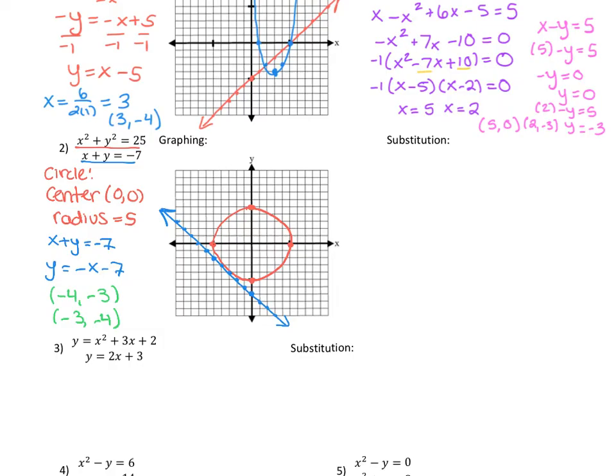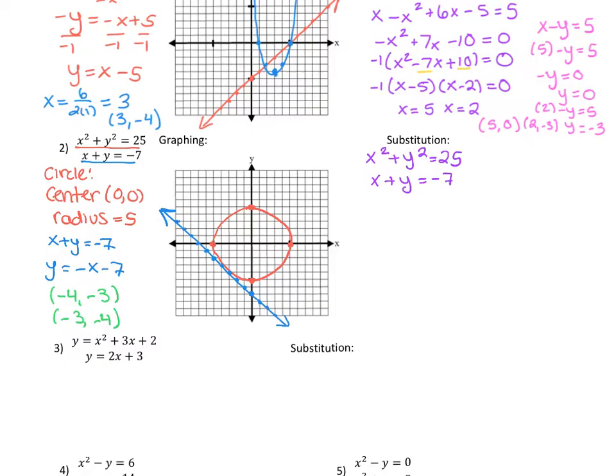Now, this is why substitution for a problem like this would be a better option, because on the graph it's really hard with circles to see where exactly the two shapes are intersecting. So we are going to use substitution to get a more accurate answer for this one. So I have my two equations,